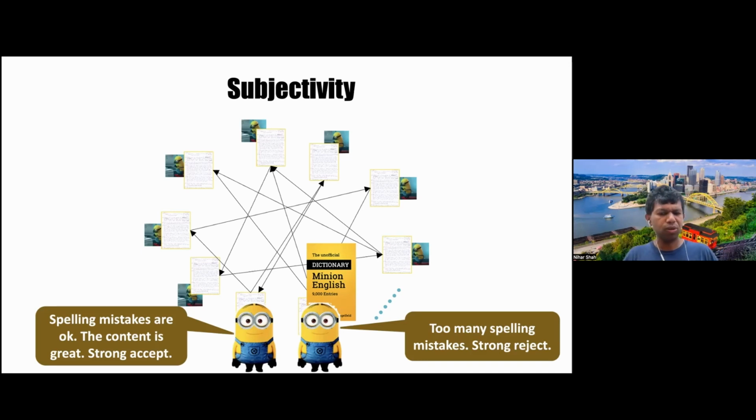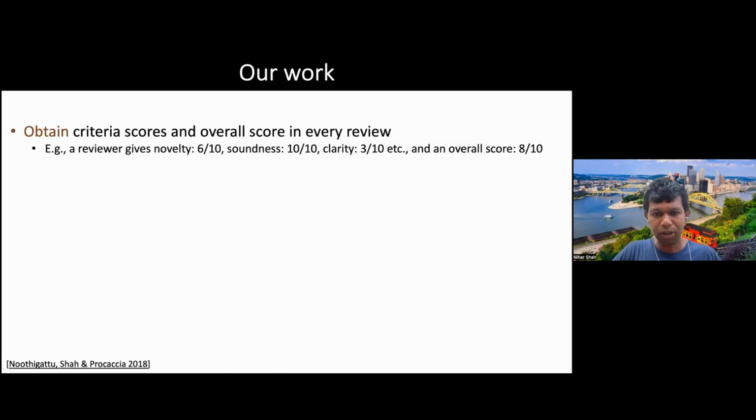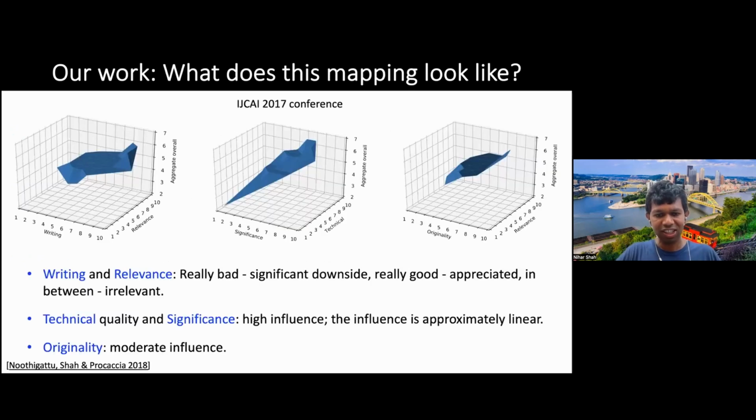And people have found that this happens even if you give them guidelines and so on. So now what do you do about this problem? This is something that we have been working on: designing techniques based on machine learning, optimization, and social choice theory to understand these issues and to mitigate them. The algorithms that we have defined have strong theoretical guarantees and have been used for reviewing many papers, for correcting issues of subjectivity in these reviews. Okay, so I'm happy to talk about this in the discussions.